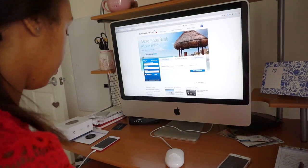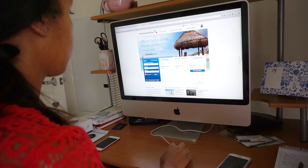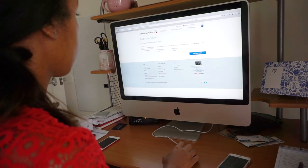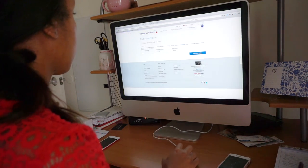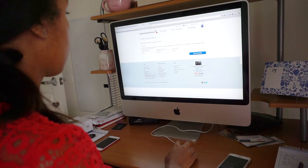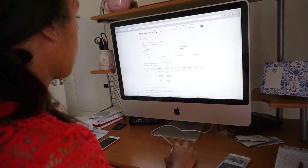Now, probably the night before, even the morning of, depending on when you are leaving, what I often do is I go onto the airline website and do the online check-in. Now, this saves you so much time when you get to the airport, because you don't have to stay in that line and do all the other things, and they don't ask you all of these questions because they've already asked you online. So a lot of times when I do this, I go right in past that front door, and I can go right through security without actually having to get a ticket